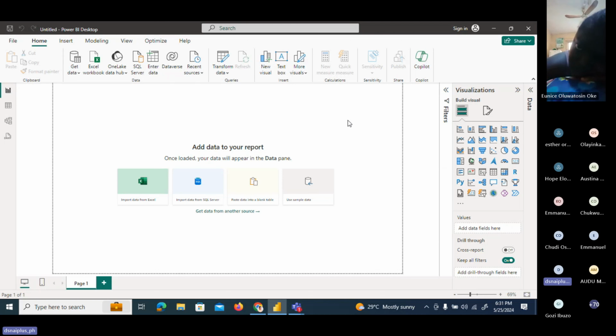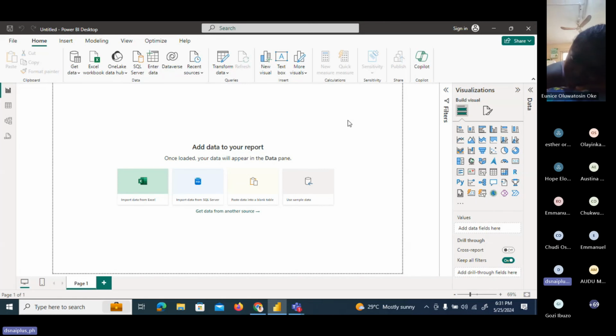And now there's another one, mobile. Of course, because most people spend more time on mobile than on PC. So even your Power BI reports, if you are building, you can also customize them for mobile applications, so that anybody, if you check your phone right now and go to maybe the Play Store or Android Store,